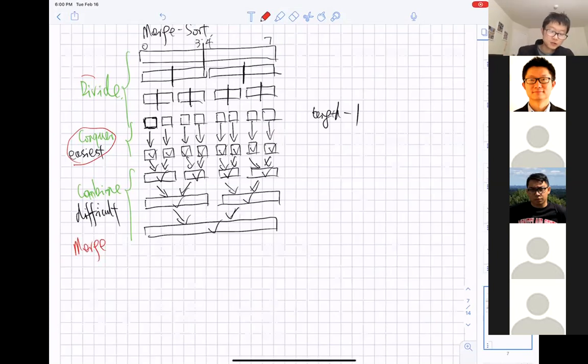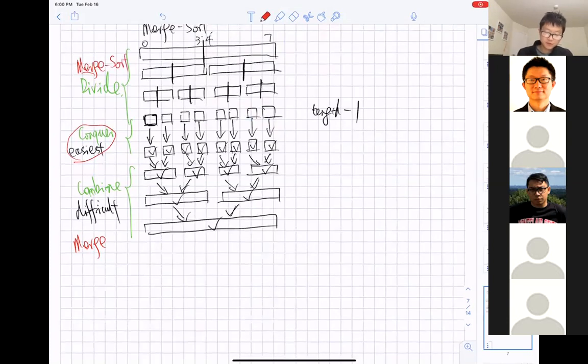Then, to help us do the divide and then call the merge, we have a function named merge sort. Next we are going to study the merge function because it's most difficult. Then we're going to briefly go over the merge sort function, so it's going to be very easy for you to understand.